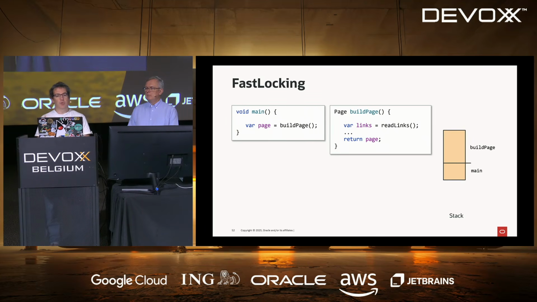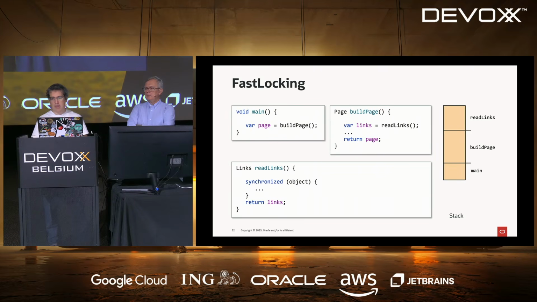Technically, this is not how it works in Java. It depends, because in Java, you can be in the interpreter or running assembly code that was created. If you run assembly code, all your local variables will be in registers, and so you have mostly nothing on the stack. But if you are in the interpreter, you will have everything on the stack. And if you call methods that have a synchronize,